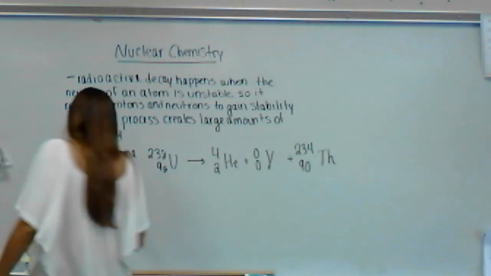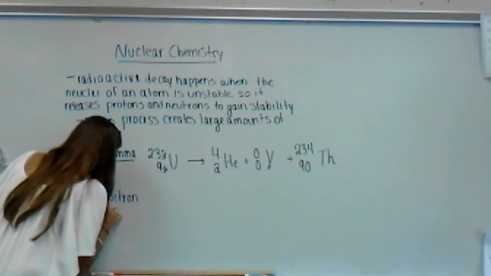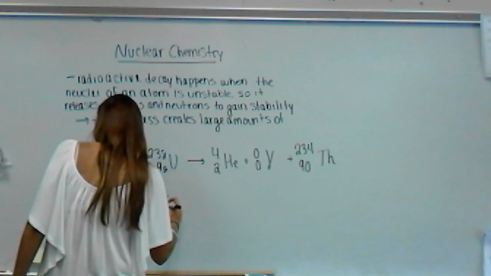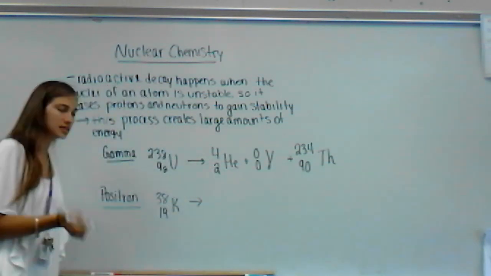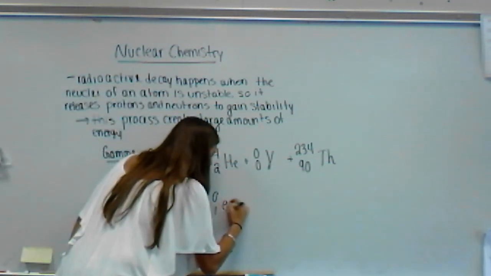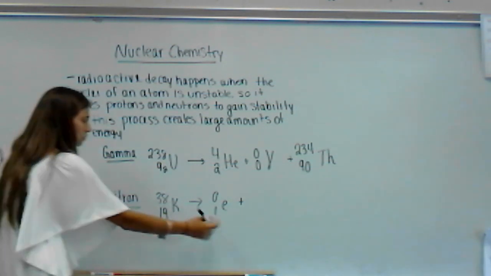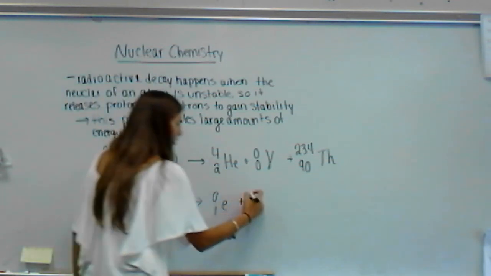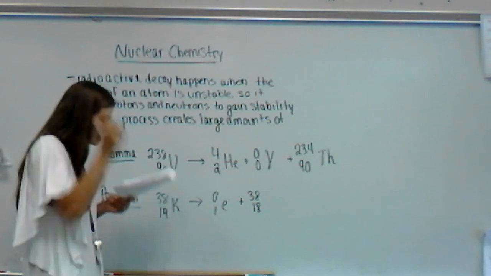Last type that we're going to do is our positron. So we are going to start with 38 19 potassium. I'm going to tell you it's positron decay. So you know that you have a 0, 1, E. We just have to figure out what's left. So 19 minus 1 leaves us with 18. 38 minus 0 is 38. We go to our periodic table, look up which nucleus has